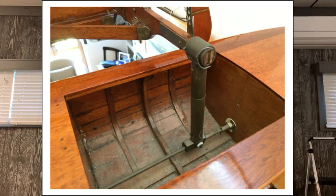So typically on a traditional pond yacht, you're changing the balance of the yacht by moving the mast position relative to the hull. Here, the mast is all attached to the central strut, and you're changing the balance